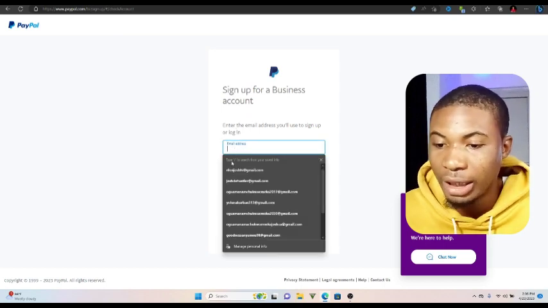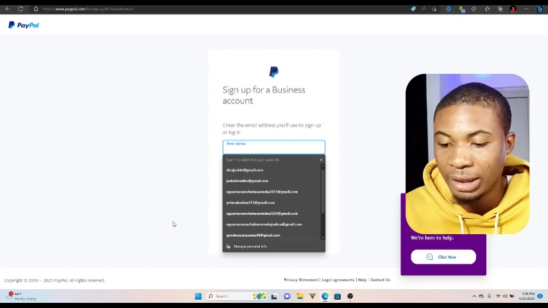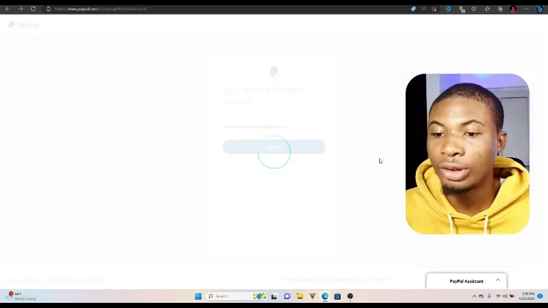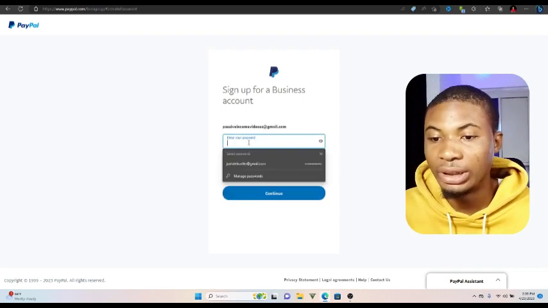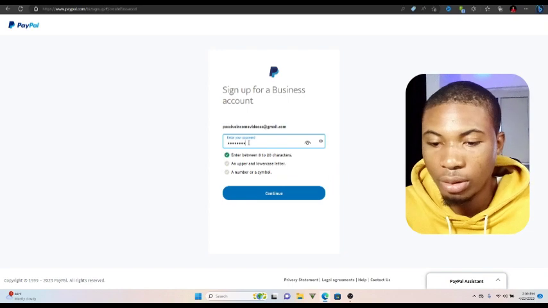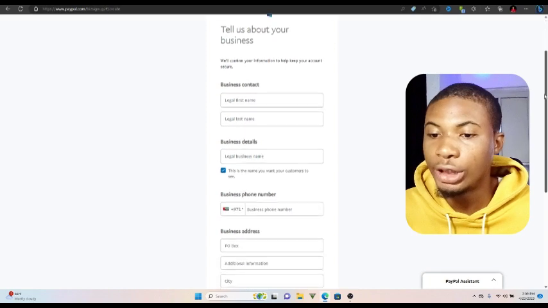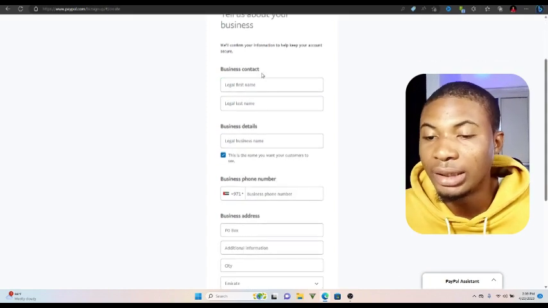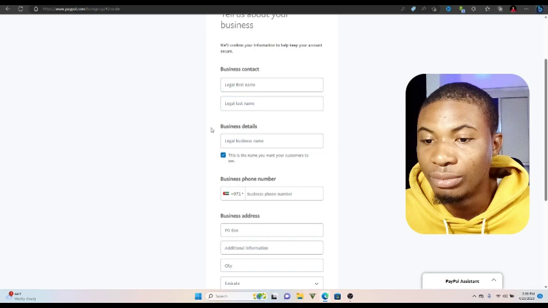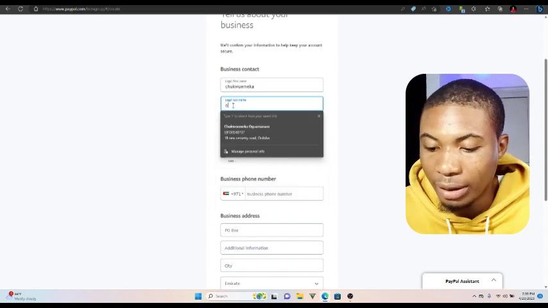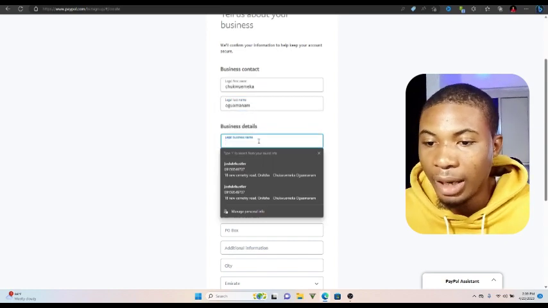So I'm going to choose one of the emails I have in the list. I'm going to use this email of mine, passive income, because the other one I've used already. Then I have to put in my password. Then I have to click on continue. Then when you continue, it will show you this actual place: business contacts, your legal name, your legal last name. So I'm going to put in my legal name, then my legal last name, then my legal business name,